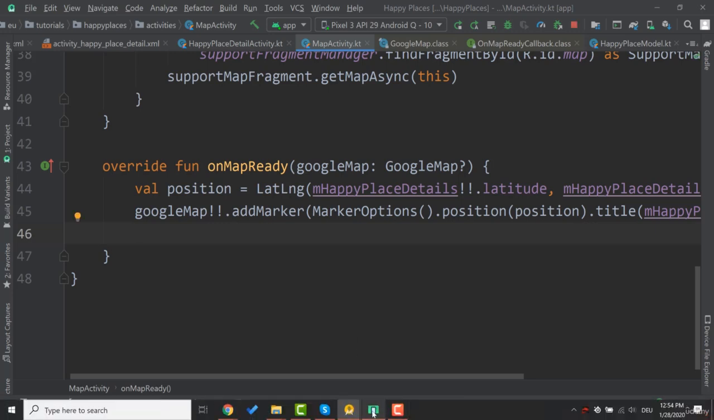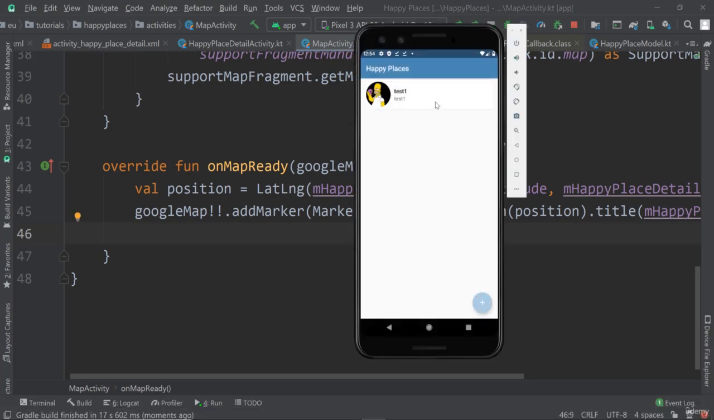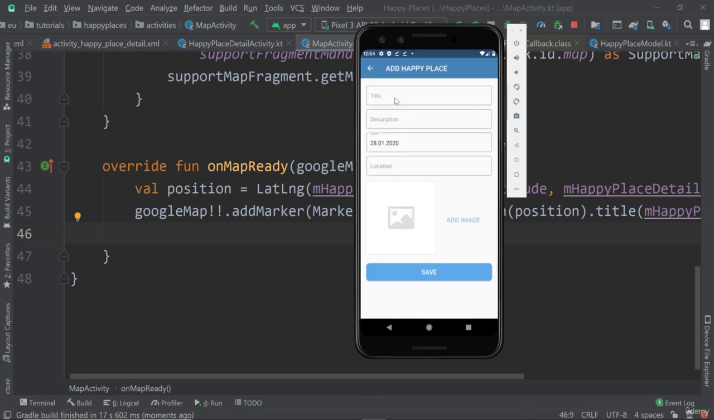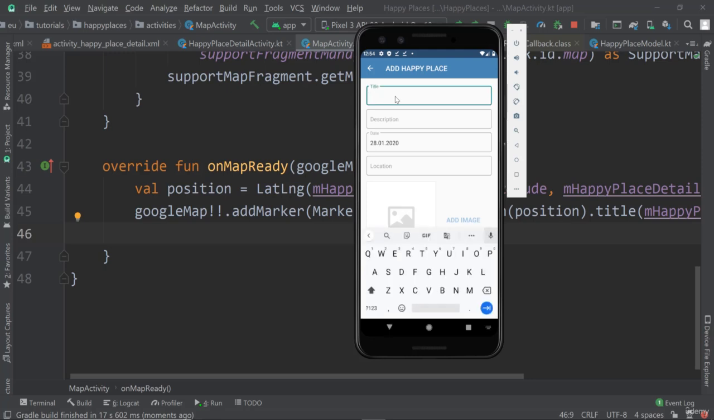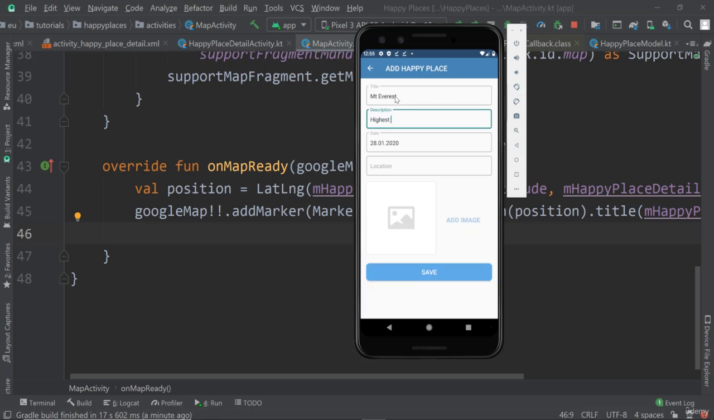So it really depends on what you prefer in terms of the settings. But now let's just see. Let's create a new location, because I think so far we didn't create good locations. So I'm gonna call this one Mount Everest, highest mountain on Earth, and then let's assign the location